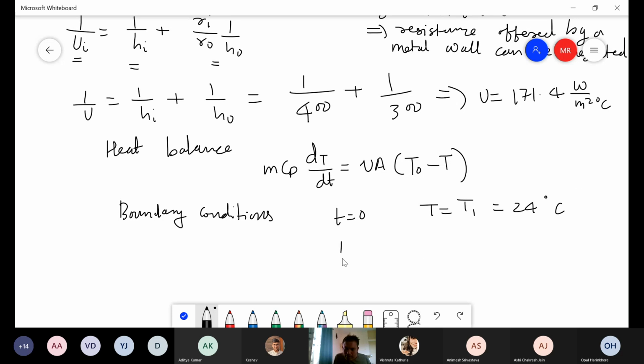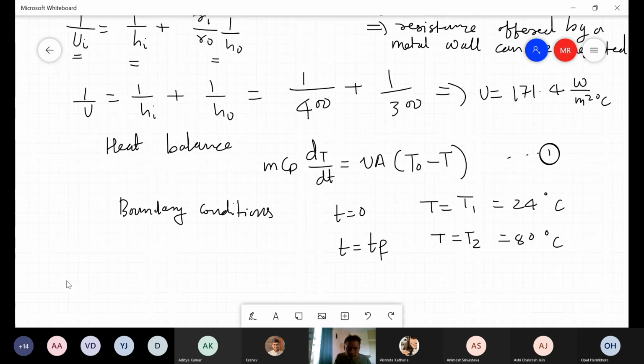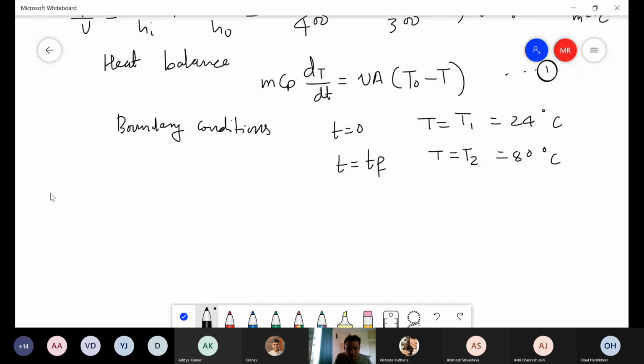And at t equals tf, that is the final time which we want to find out, T equals T2, and that is 80 degrees Celsius, isn't it? We can integrate equation number 1. Integrating equation number 1, what we get here is